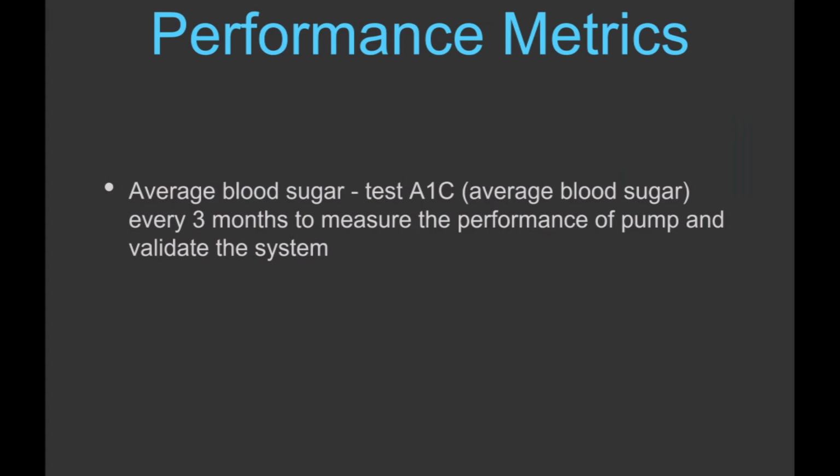The performance metric that we care about most is average blood sugar. This is measured by testing the A1C in the diabetic's blood. This indicates their average blood sugar over the last 3 months, so I get a blood test and visit the doctor 4 times a year to validate the pump system. If the system is not validated,